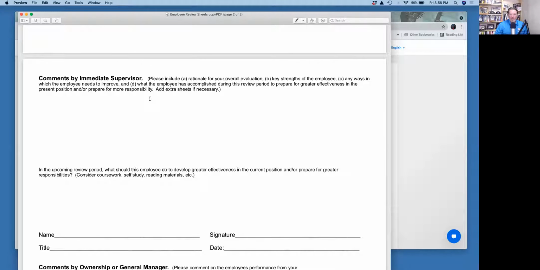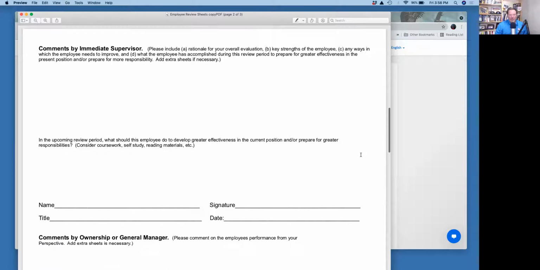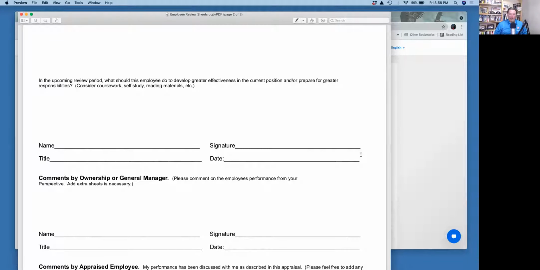And for me, a lot of this had to do with, these are the things you're doing great, and these are the things that we need to work on. And then down here in the upcoming review period, I would give them a roadmap. For add-on sales, I would say, 2 times a week, role playing with the sales manager, or I want you to read this book and discuss with the management team, or I would give them a homework assignment, because look, let's say add-on